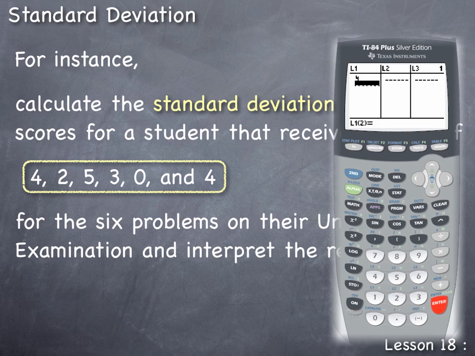The second exam score was a 2. Enter. The next exam score was a 5. Enter. And 3. Enter. 0. Enter. 4. Enter. Now with all 6 Unit 1 exam scores entered into List 1, we can calculate statistics